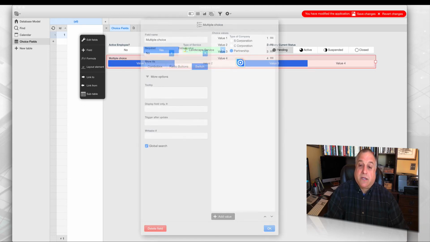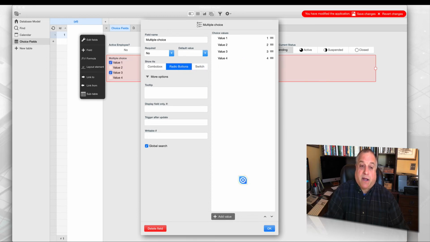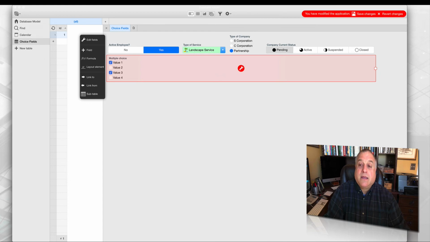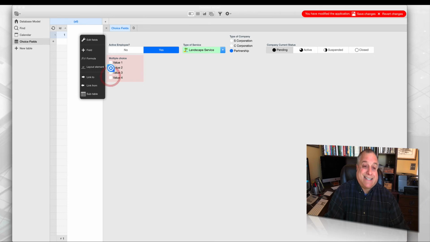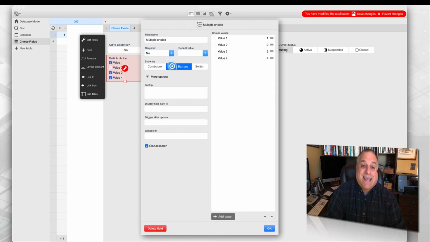Select the multiple choice field, click on the wrench, change it to a radio button, and again click OK. Now, grab the sizing box on the right, and because this is made in vertical presentation, let's pull that back so as not to waste a lot of screen space. And again, you can see that not only are all of the options presented, but all or some can be selected. Because the multiple choice allows for multiple selections, and let's go look at it real quickly, in the radio